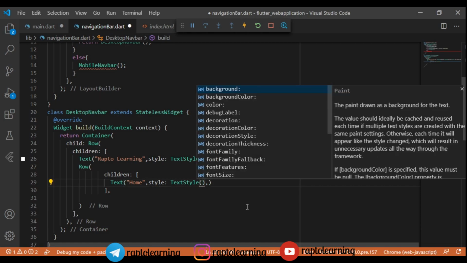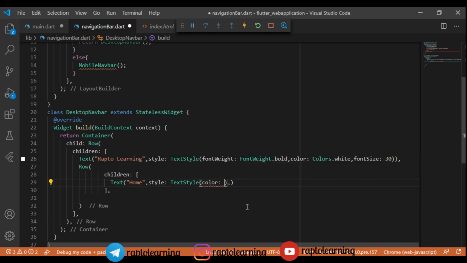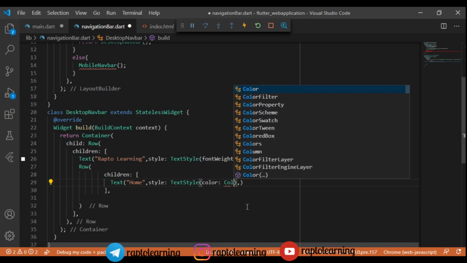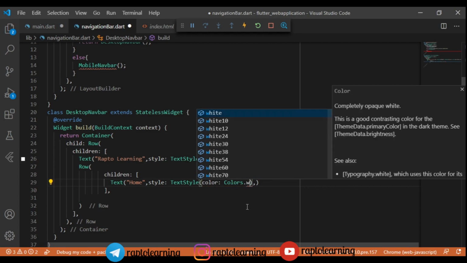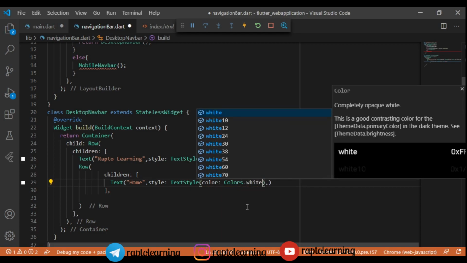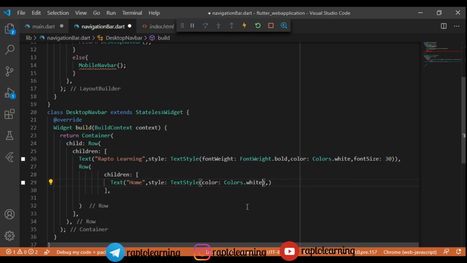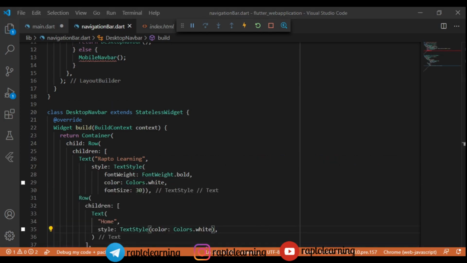So let's style it, that is text style, and then we will add some style. We will add it color. The color will be white, right? So white is the most effective color, and it matches with blue, right? So we'll add a white color to it, and it may look very fine, right?